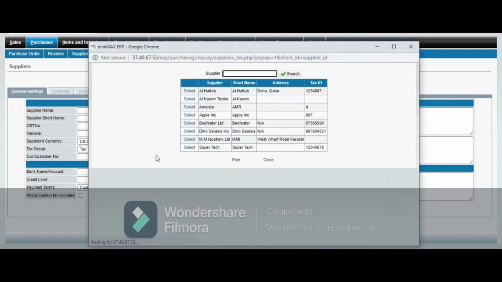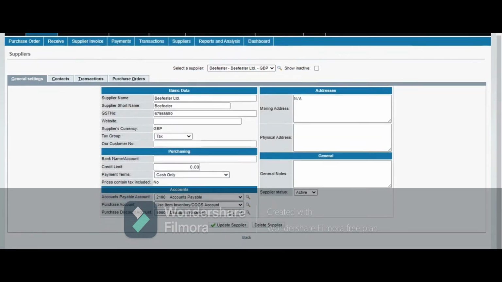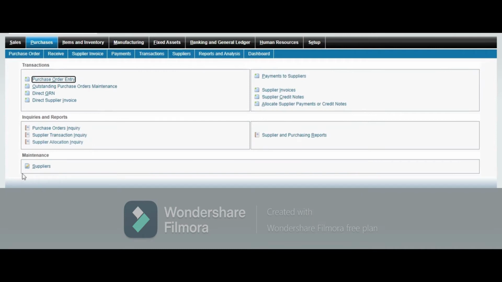Like default, as you see, defaults are updated, like Al Hatab, Al Kamran, America, Apple Inc., supplier's name, short name, addresses, and anything. Like for example, I select this and update it as well. If I want to create a new supplier, I'm in the maintenance section, purchase, we can